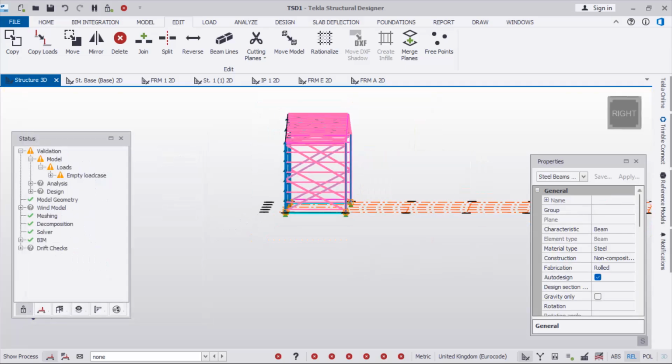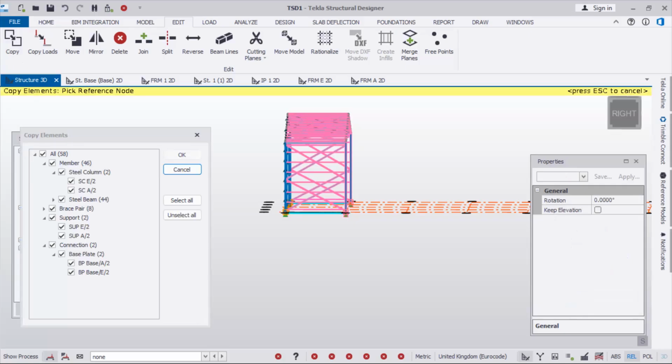Or rather, you can just come copy, then you deselect the bracings, because you don't need to copy the bracings